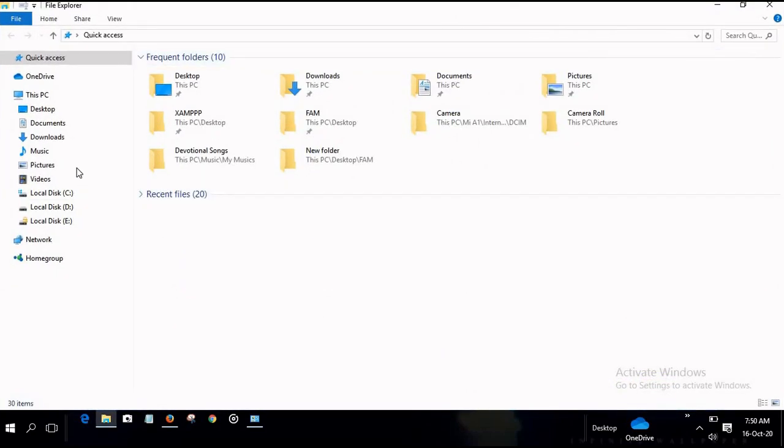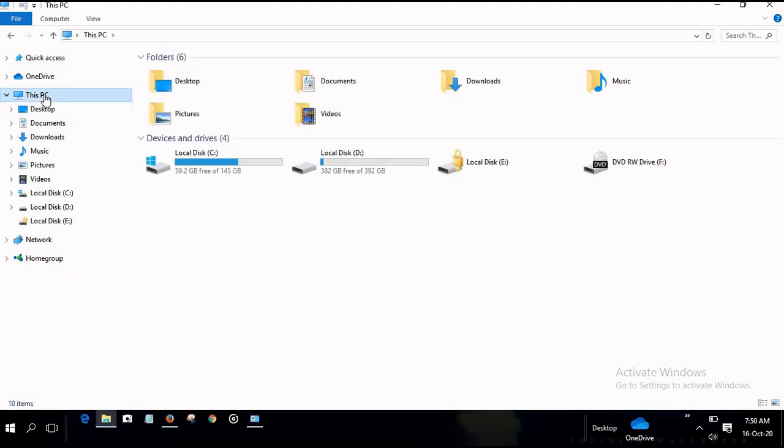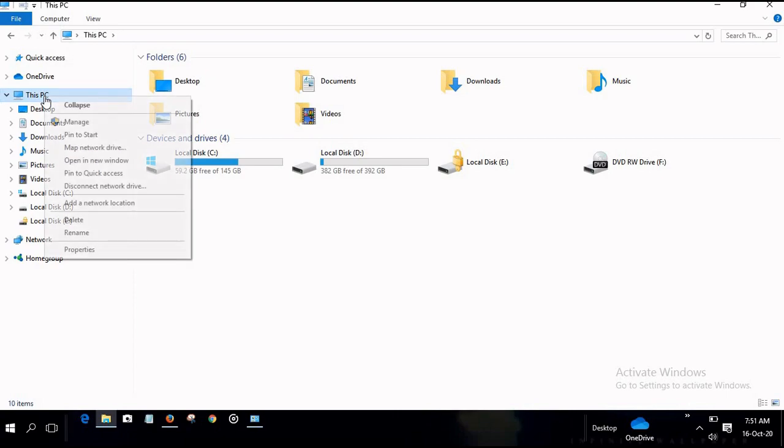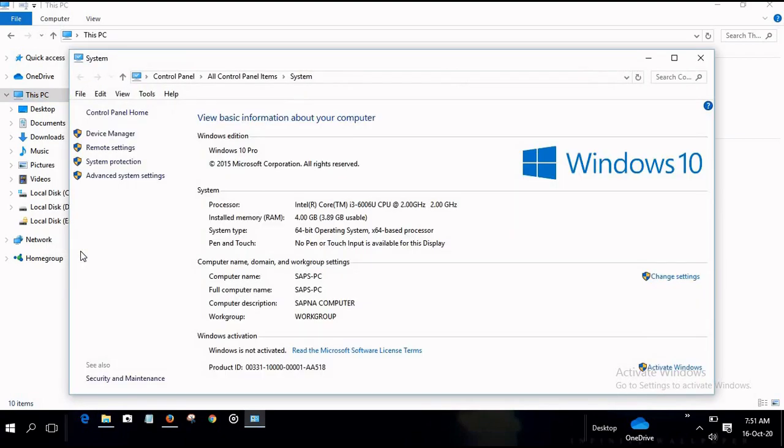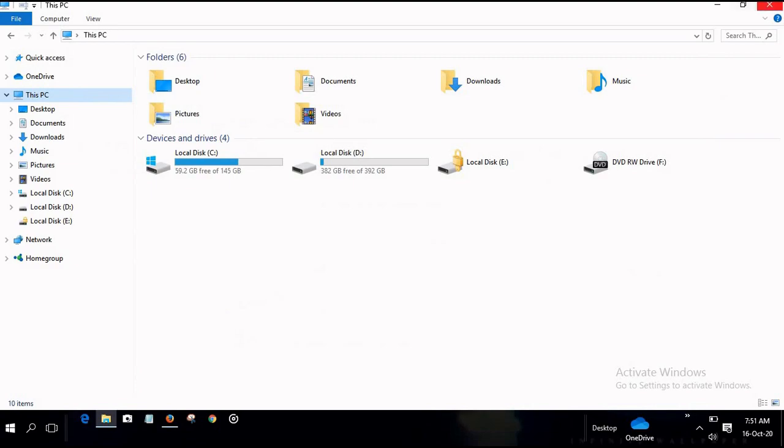After that, click on This PC or My Computer and follow these steps as I told you before. Like I'm clicking the right button of the mouse, then Properties, then you see here 64-bit operating system, then close it.